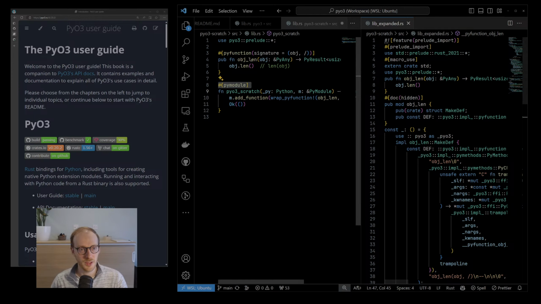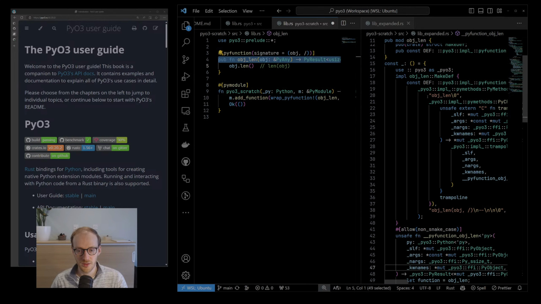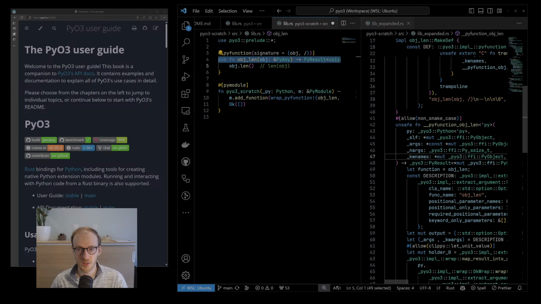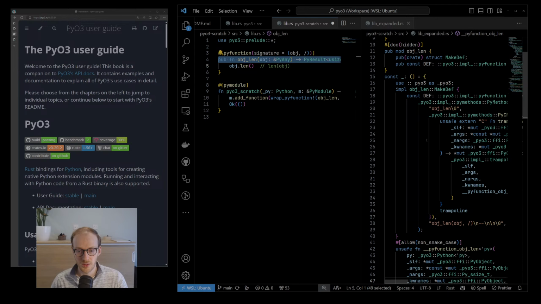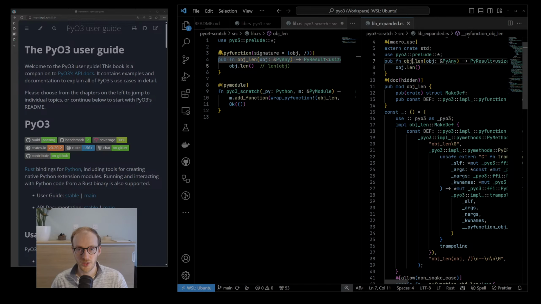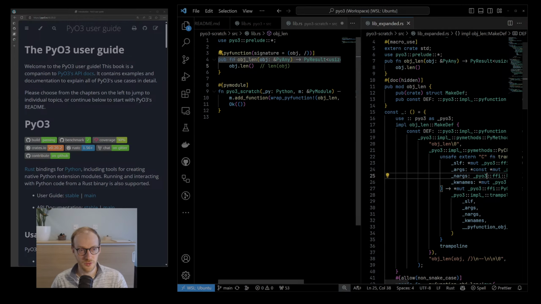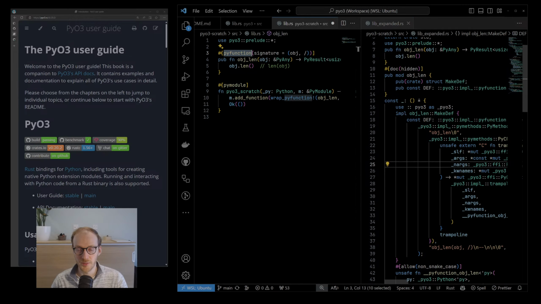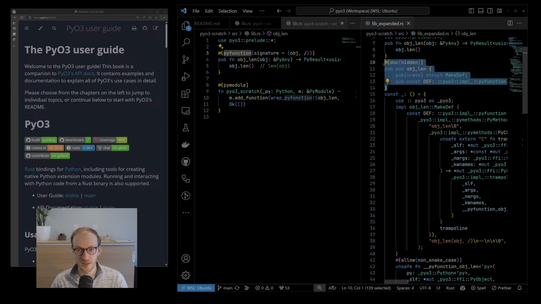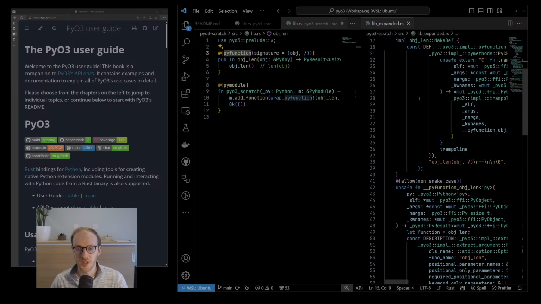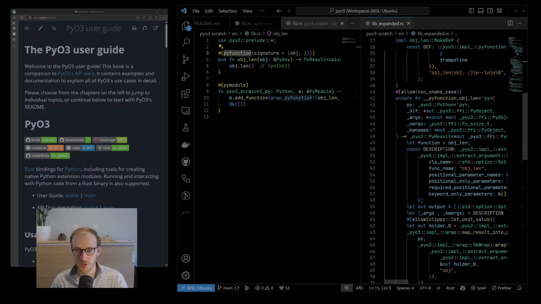So we're looking at this function object length. Can we see it in the right? It is, oh, it's up here at the top. Yeah, so that's lined up. And then this stuff underneath is the emitted macro code for this pyfunction procedural macro. And so there's some helper definitions, and then we wrap some stuff in a constant where we do,